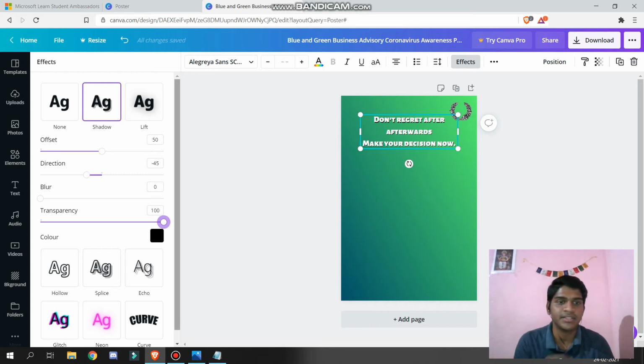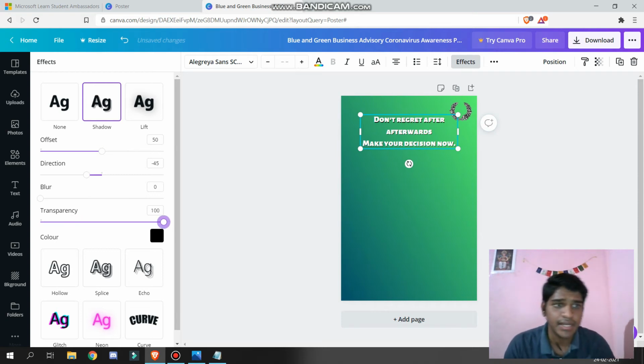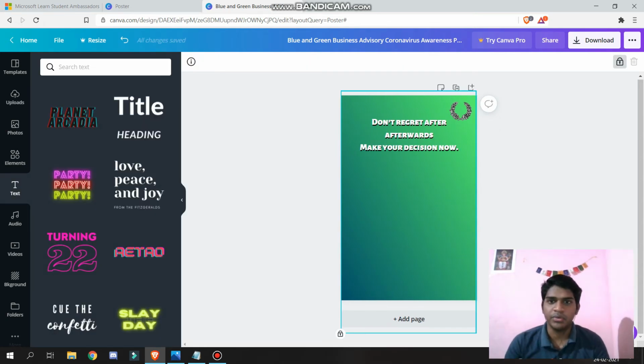So if you're using black at 100%, it will be actual black, and if you keep it somewhat 50, it will be a grayish or whitish color. And here you can see which side it should mostly focus on. So you have the ability to modify. Yeah, this is looking quite good, and I'm thinking to change the background.